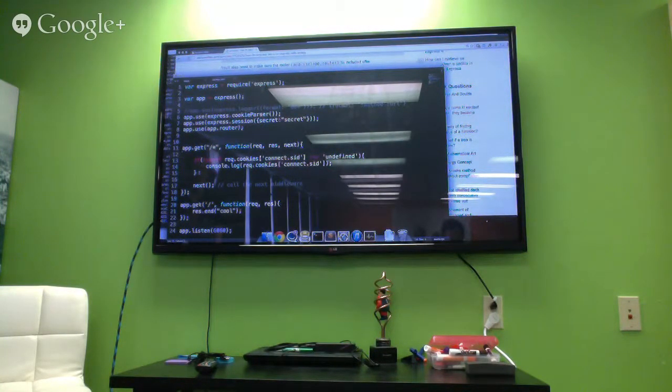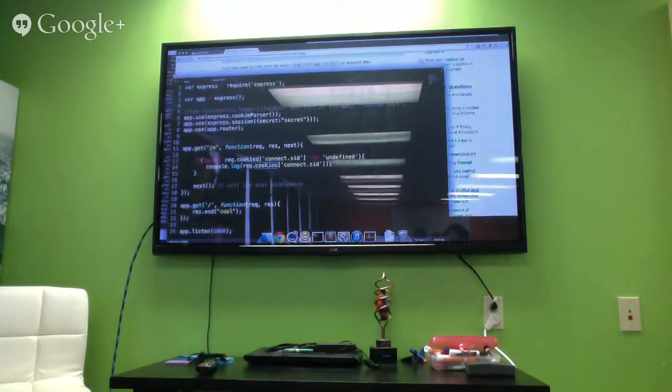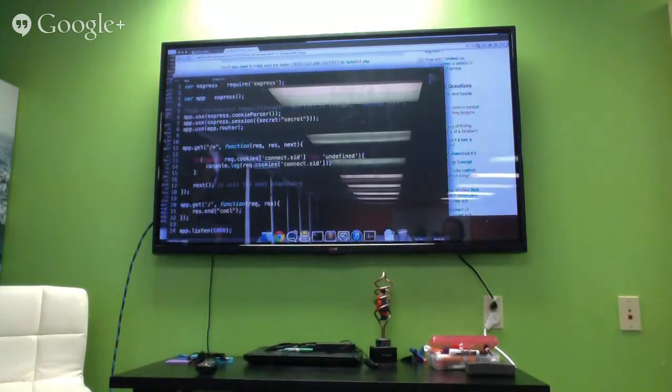Okay. And the reason I did that is to demonstrate that when you're using this cookie parser middleware, after Express parses the cookies that come in, it creates from the cookies this cookies JavaScript object. Okay? And the keys in the cookie JavaScript object are the keys in the cookies, right? That makes sense to everybody?